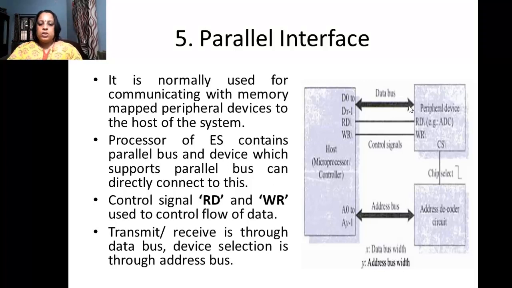Okay, so this is all about the onboard communication interfaces that we have studied. We have studied 5 onboard communication interfaces: I2C, then SPI, that is serial peripheral interface, UART, one wire interface, and parallel. Each can be asked as a separate question, or a combination of 2 can be asked for 8 marks. So this is what we have for today. In the next video we will see external communication interfaces. Thank you.